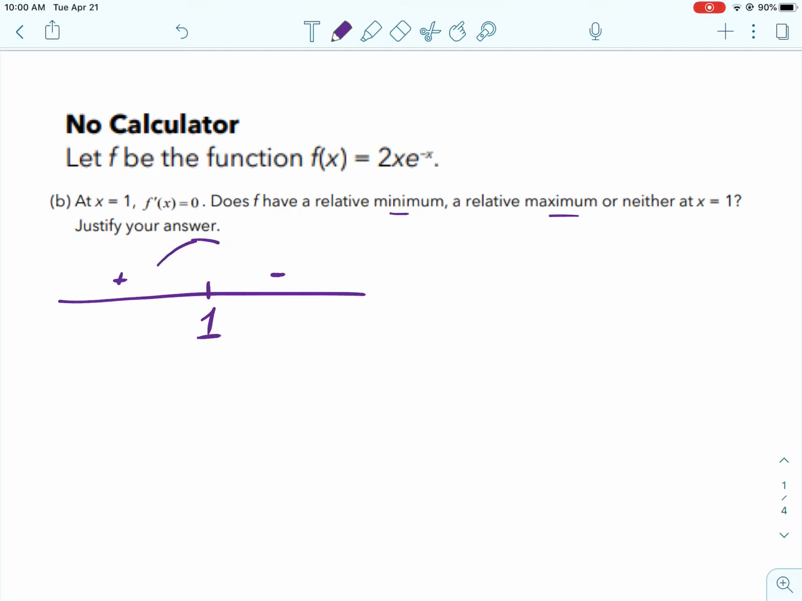I'm going to use the factored version. It actually doesn't really matter. I think this might be somewhat easier. Okay, so we're going to do the product rule,